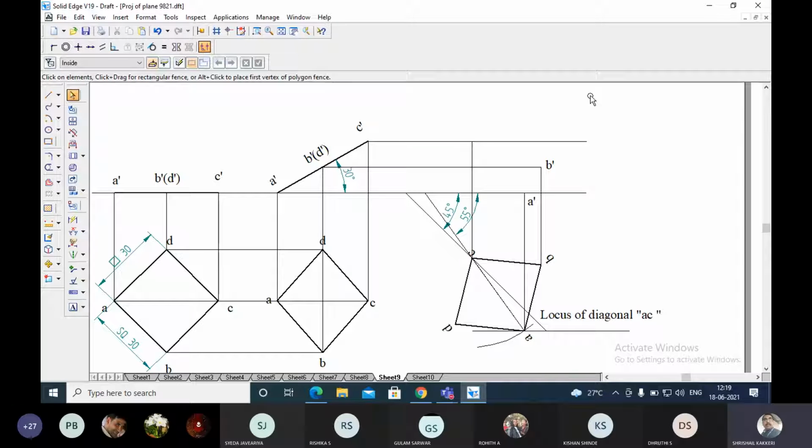Okay, mouse is not working properly. Trim this remaining part. Okay, this point will be C.